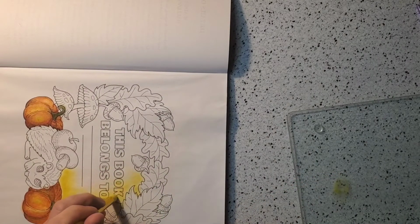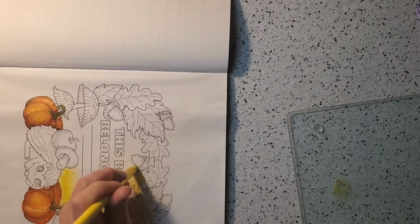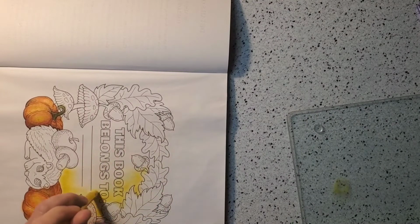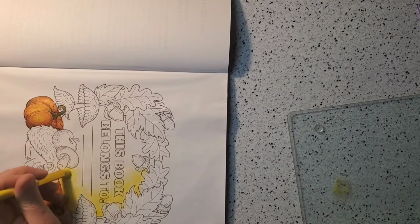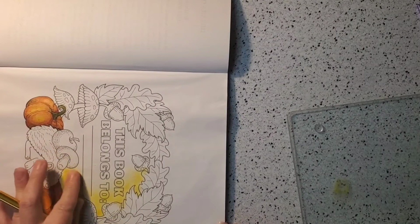I want to get a little more color in there because I feel like it's light. Yeah, so you can see there's really weird little spots we got to get in. But the acorns are going to be brown, so if there's a yellow to them underneath, it's not really noticeable. You can also take your finger and blend it out,